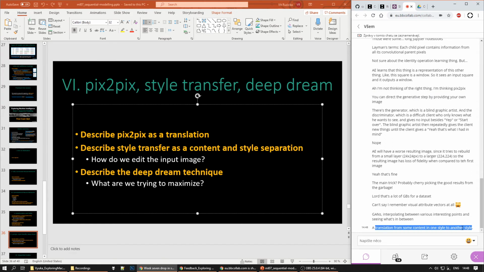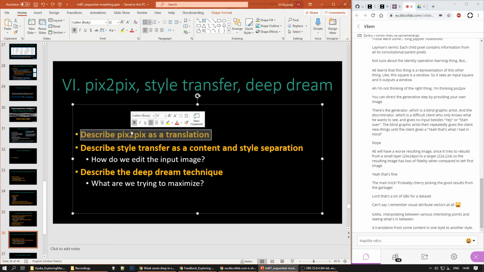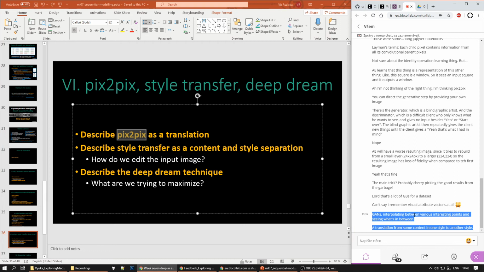So what is necessary to have when using pix-to-pix? What sort of data set do you need to have? You kind of need two versions of every image. So you need the raw image, and then maybe a segmented image, which says which bits are the car, which bit is the road, or